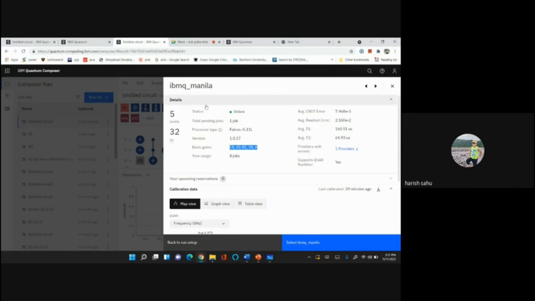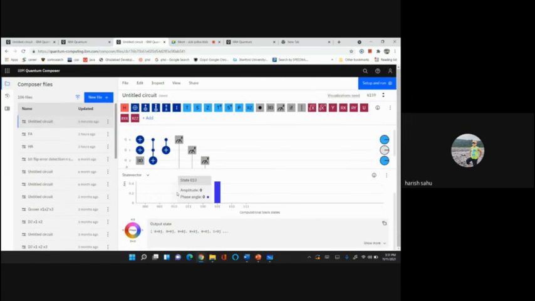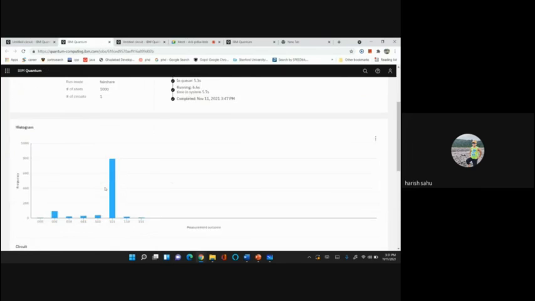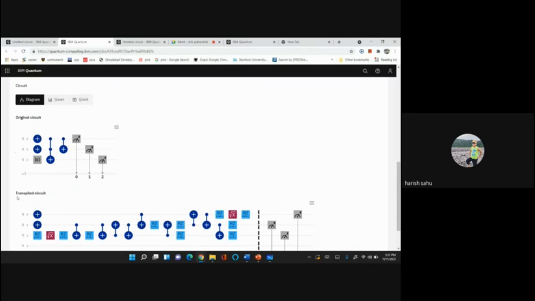So it is basically its universal set. It depends on the basic gates available in that quantum computer. Right? So it will convert that into its native gates. It is done automatically, so you need not do it. So here we can see that the control NOT gate is broken into smaller one and two qubit gates and implemented. I want to explain that this original circuit and this transpiled circuit can be different.